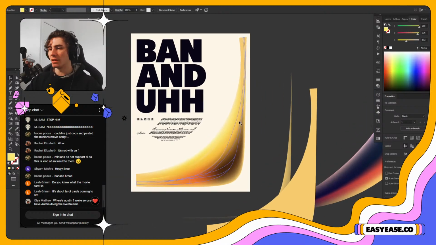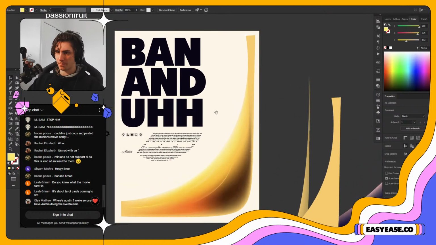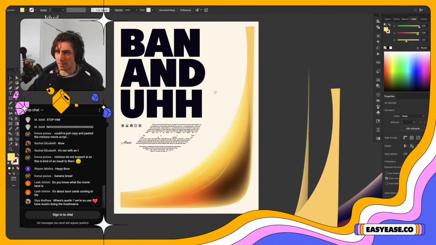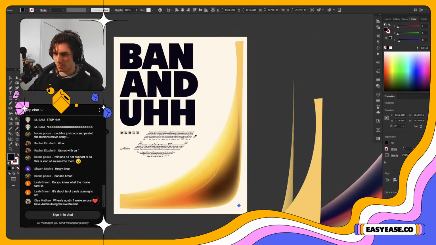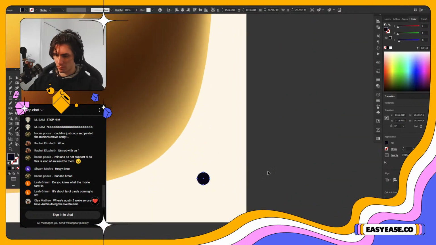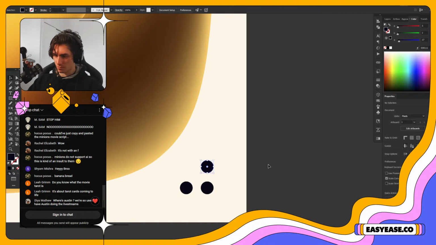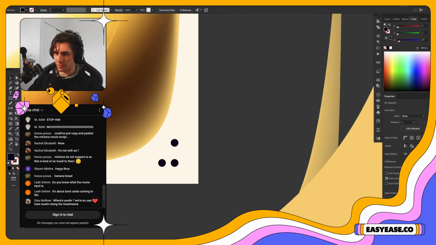I think this is banana enough. I'm digging it. I'm liking it. It needs like a little dot down here. For sure. Maybe even three of them. Oh, nice and uneven too.